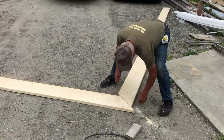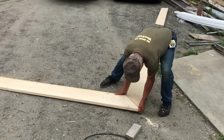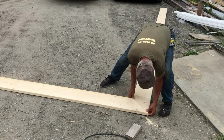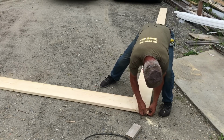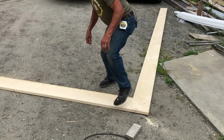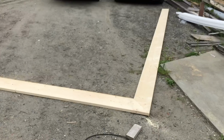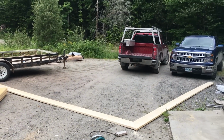Or pull it out. We'll get it till that gap tightens right up. It's a little too much. Right about there. Oh, sorry, I've got to back you up. I want to be able to see both sides